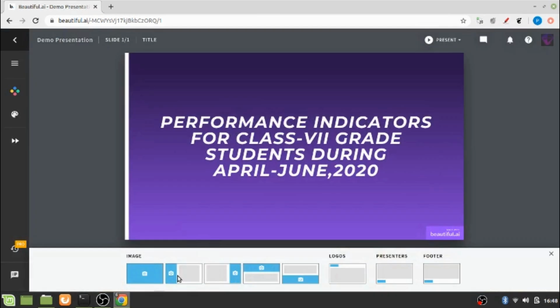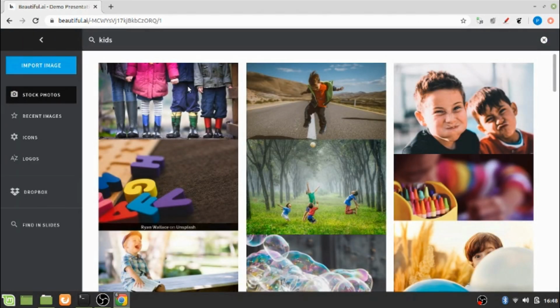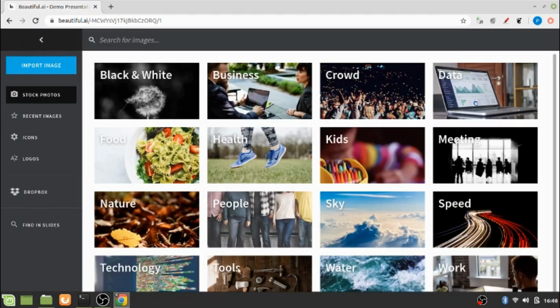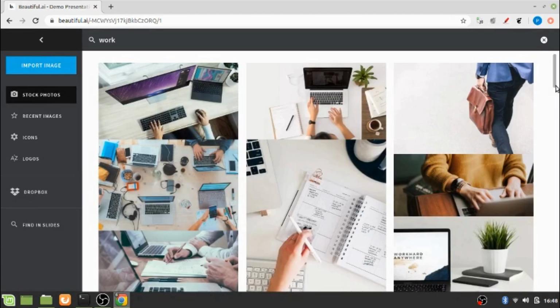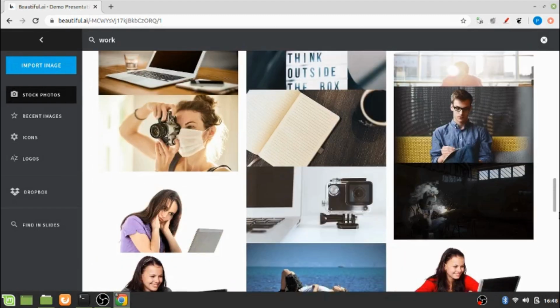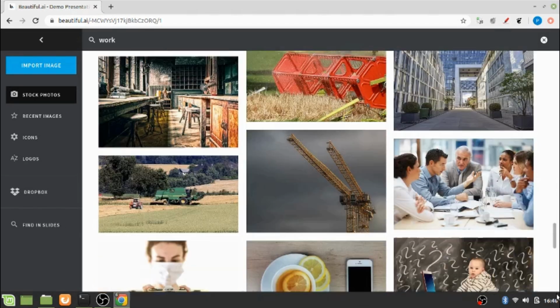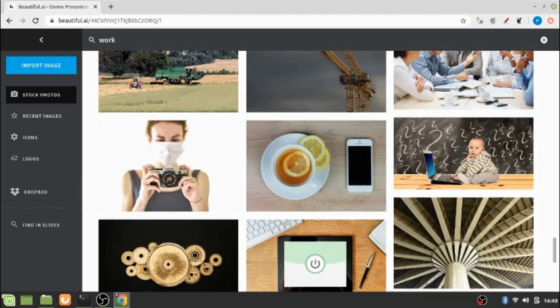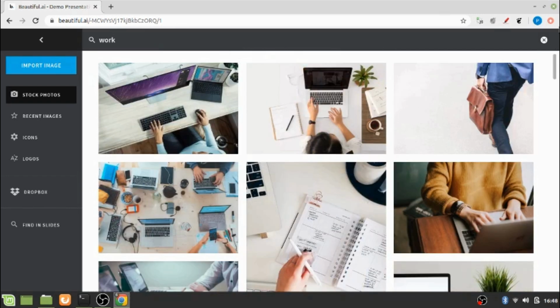Again, say you wish to add some pictures from, say, walk, it will accordingly bring you a lot of relevant images that are related to walk, and you can choose your picture as per your need.